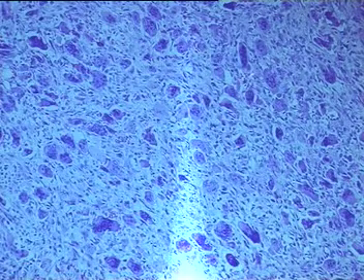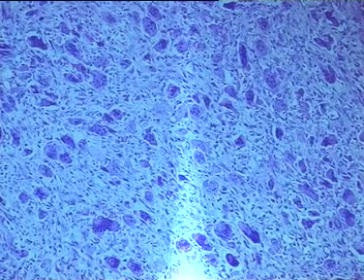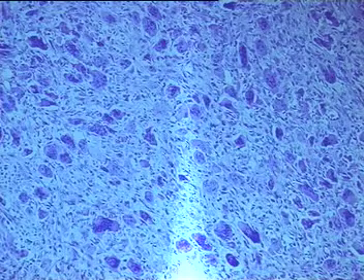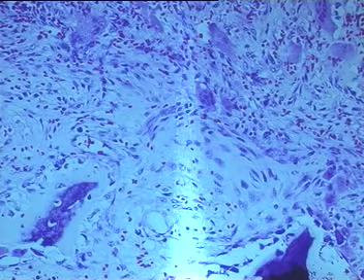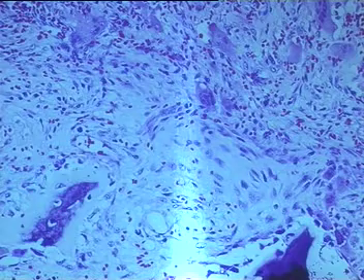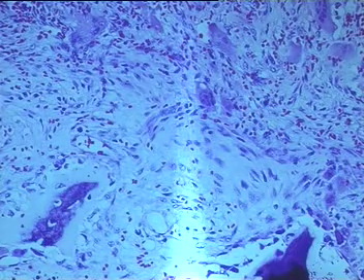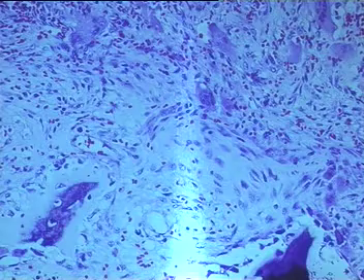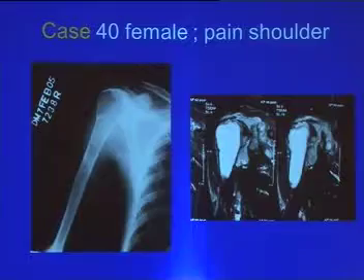But again, to stress the fact that the spindly cells in a brown tumor of hyperparathyroidism are more fibrous looking. They are elongated, they have more collagen, unlike the spindly cells of a true giant cell tumor. And in addition, since this is basically a reparative process due to the underlying metabolic disease, it does have a lot of these loose myofibroblastic proliferation, and one does see a lot of bone in a brown tumor of hyperparathyroidism.